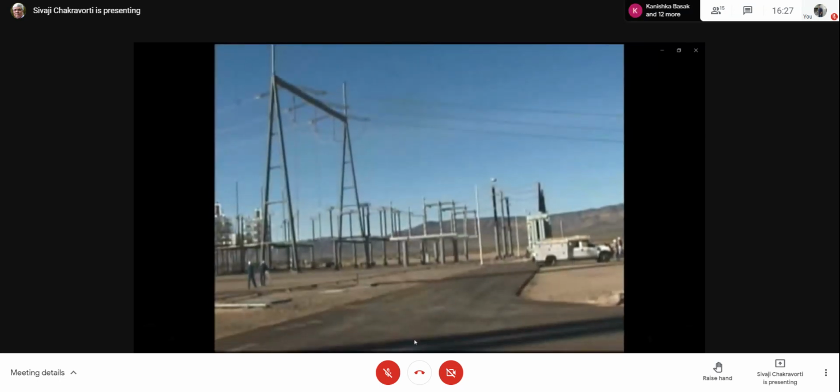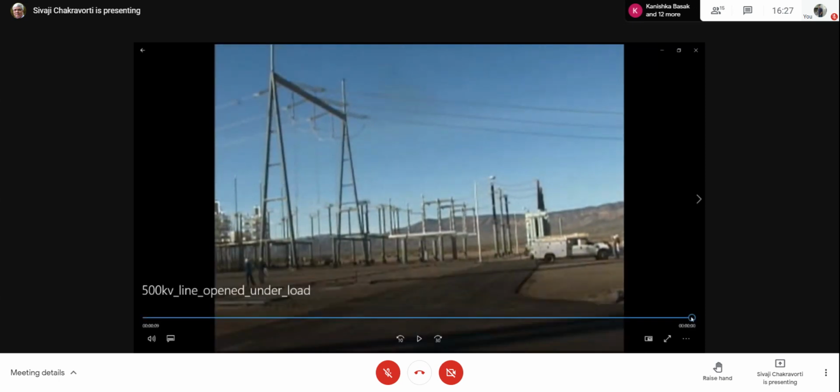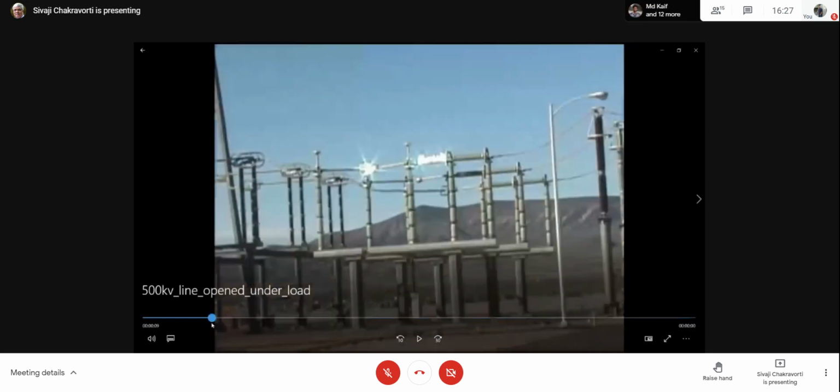See here. This is what happens. You see here, this is the isolator. Look at my mouse. At the middle, they are connected. Now, the right side will open in the clockwise direction, left side will open in anti-clockwise direction. But now this is loaded condition, and in this loaded condition, this is being opened. And look at the arc that has been formed. And look at the length and so on. Unbelievable.